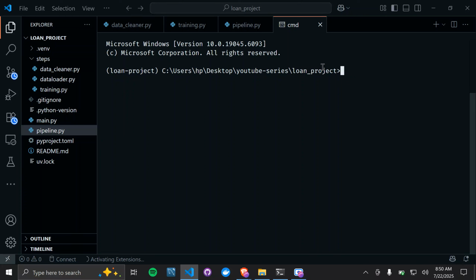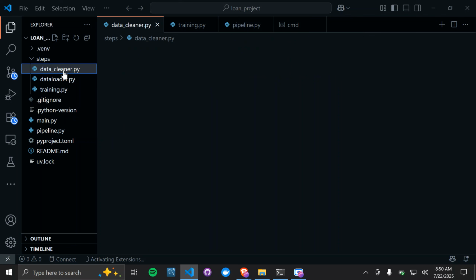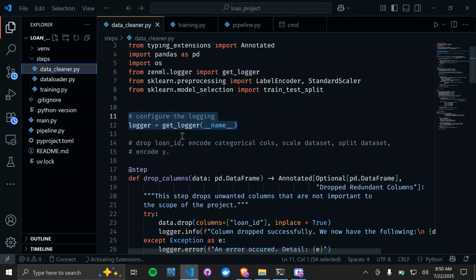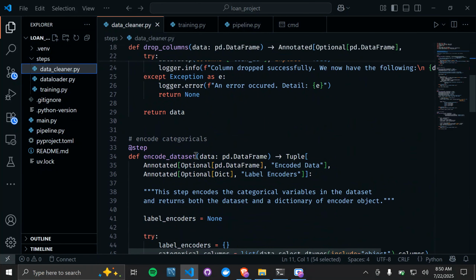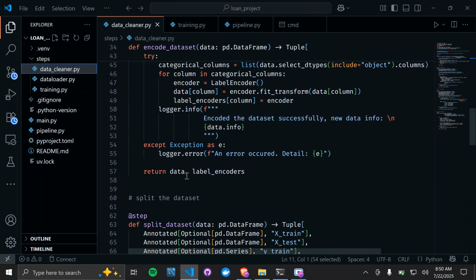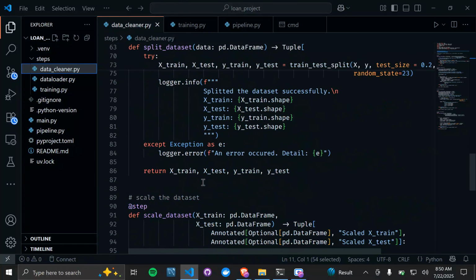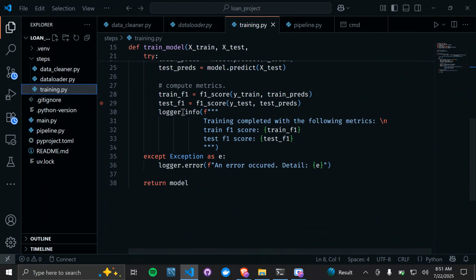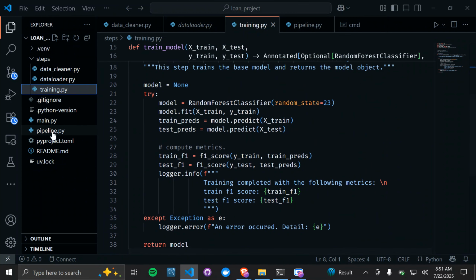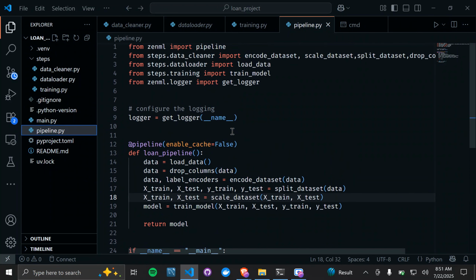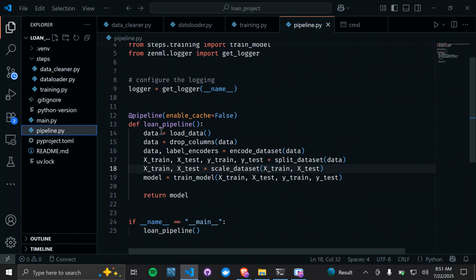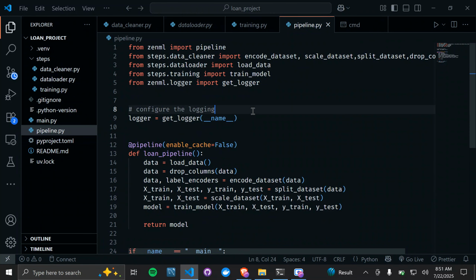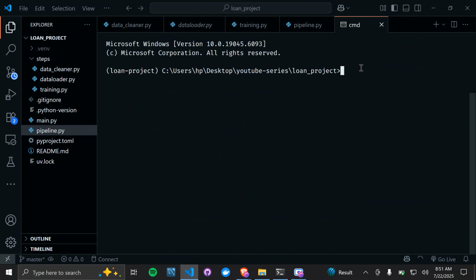So we have our training step for data cleaning. We defined the drop columns, the encode dataset step, the split dataset step and the scale dataset. Then we also have data loading, and for training we have training.py and train model. Then outside that we have our pipeline.py, and inside pipeline.py we have the loan pipeline dataset. So the next thing that we're going to do is come here and